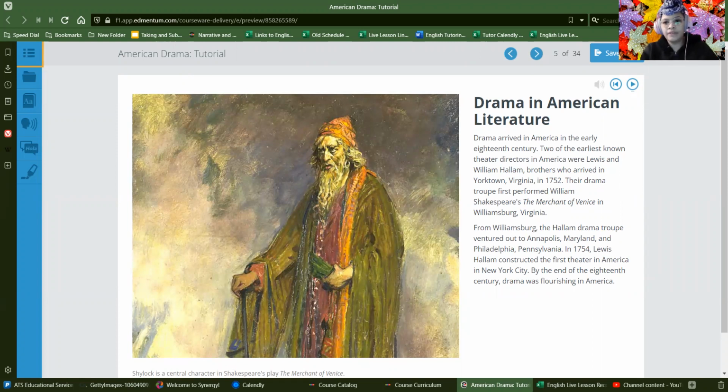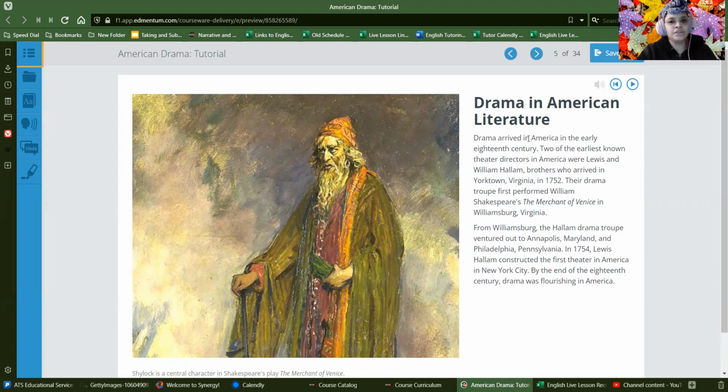We start with slide number 5, as usual, drama in American literature. I want to point out that by drama here, we don't mean dramatic in the sense that things are exaggerated or that there's a lot of scandalous interaction between characters. It is not drama the way that you would consider it today. Drama as a technical term refers to anything that can be performed on the stage. So this is basically a background of dramatic plays in America.